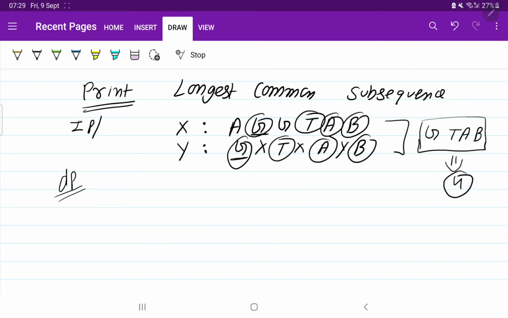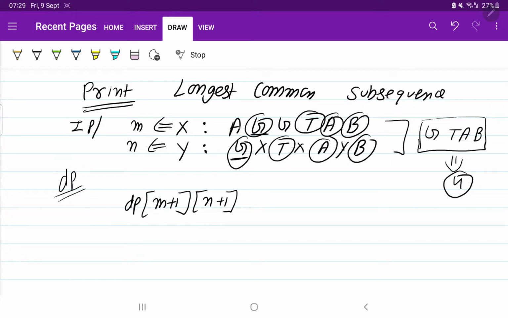So what happens in the DP approach is, first of all we need to create a matrix. And what will be the size of the matrix? Let's say the size of string x is m and the size of string y is n. So we need to create a DP of size m plus 1 by n plus 1. First of all our task will be this.